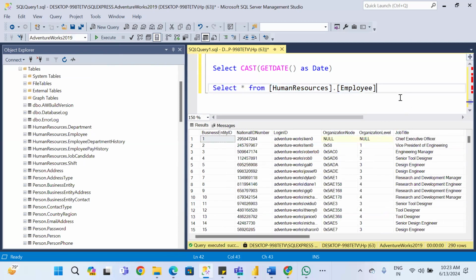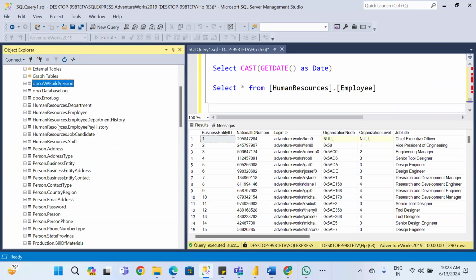So I am looking for the email column. I don't know which table has the email ID, so I want to check the entire database. The manual option is to go and check each and every table. I don't want to do that exercise. I'm very expert in SQL Server, so I can write it for you. So for that,